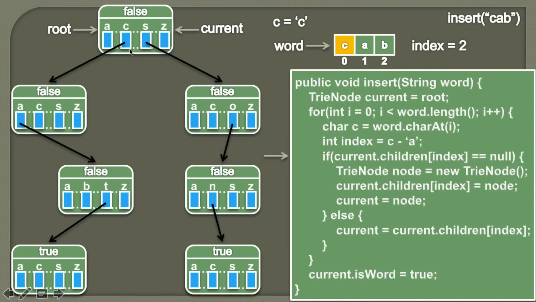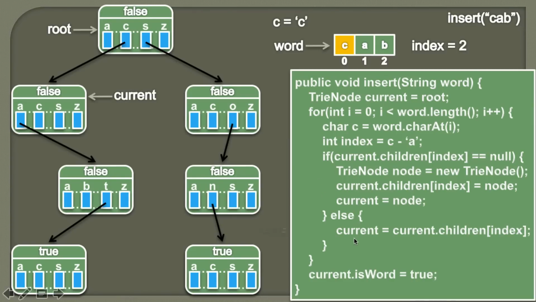So into this children array, we will see whether the value at index 2, which maps to c, is equal to null or not. So here you can see the value is not null because it is pointing to a trie node. Therefore the condition in the if block comes out to be false, which tells us that c is already there in this trie. So the else part will be executed. So in the else part we'll simply traverse current to the trie node which this trie node array holds at index 2, which maps to c. So it would look something like this.